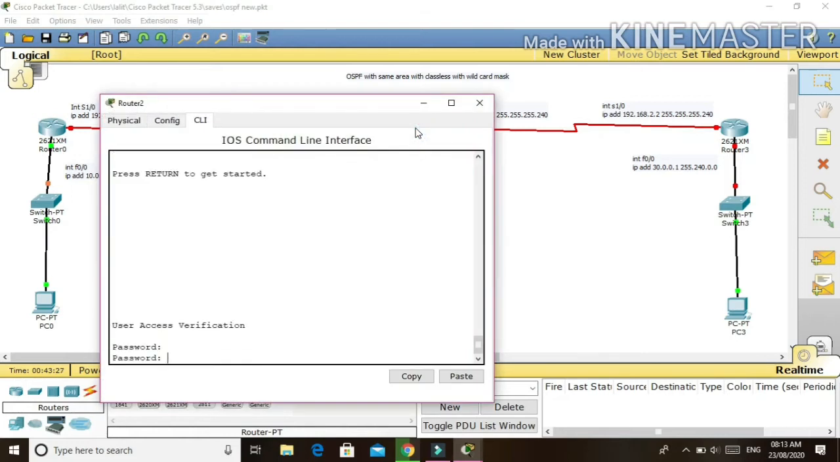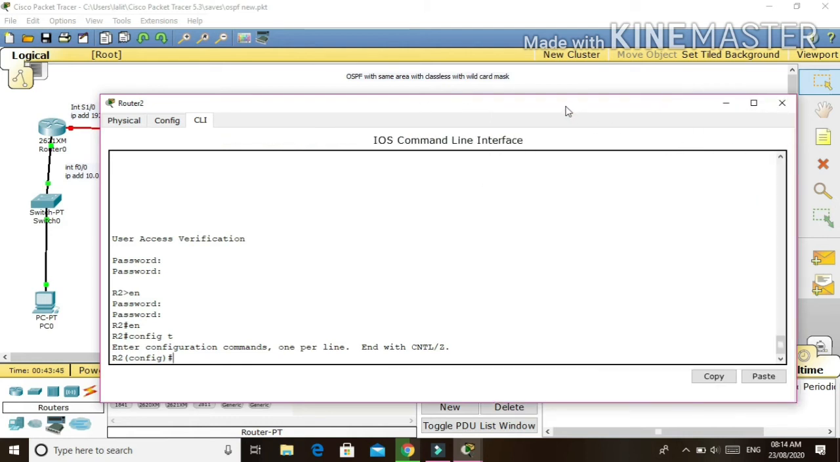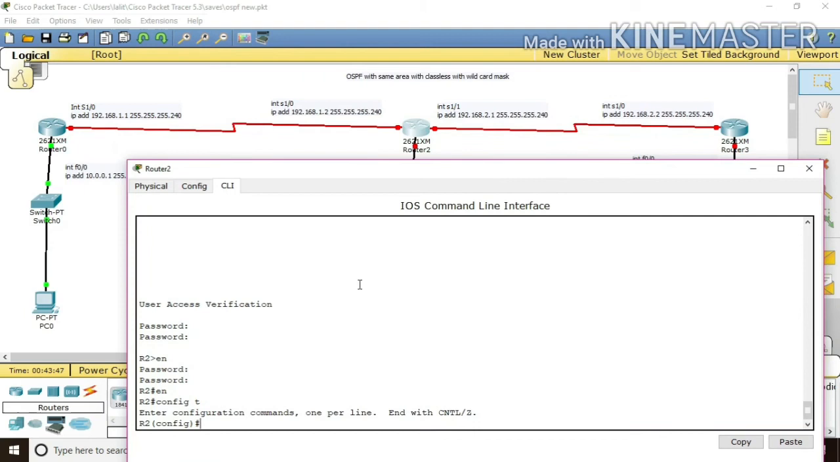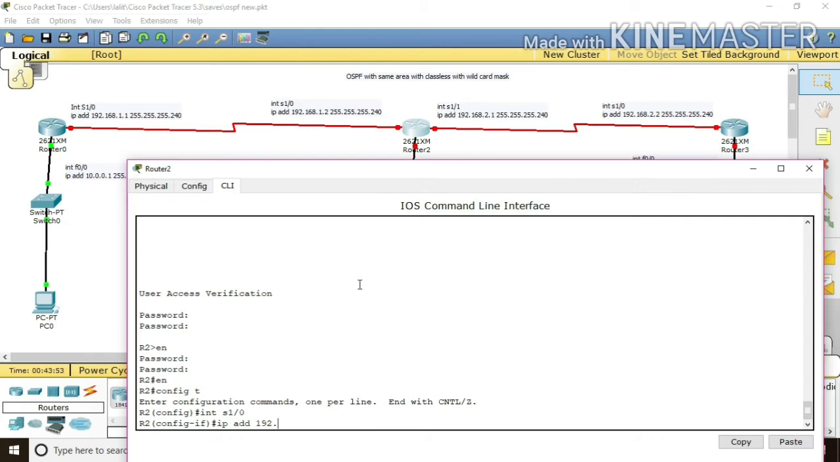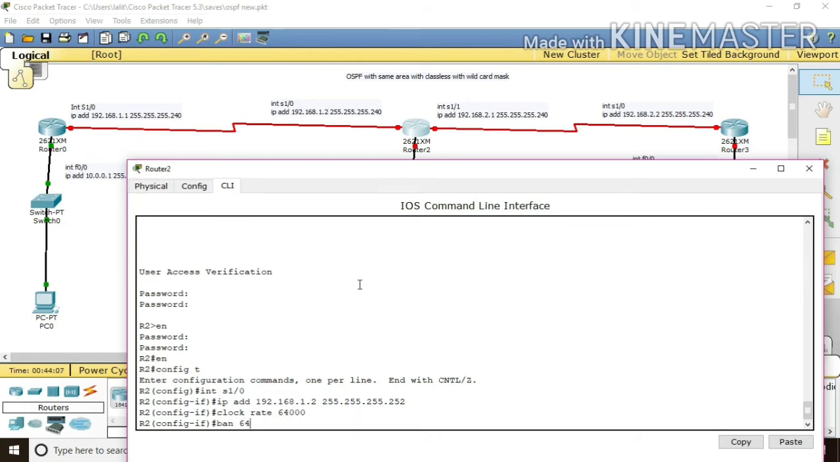This is the router second. Here I already configured all types of password on these routers. Now I will open the configuration terminal mode. So first enable to configuration terminal. Here I will configure three interfaces: serial 1/0, serial 1/1, and fast Ethernet 0/0. First I will configure the serial 1/0. IP address is 192.168.1.2 and 255.255.255.252, and enter. Clock rate is 64,000, bandwidth is 64,